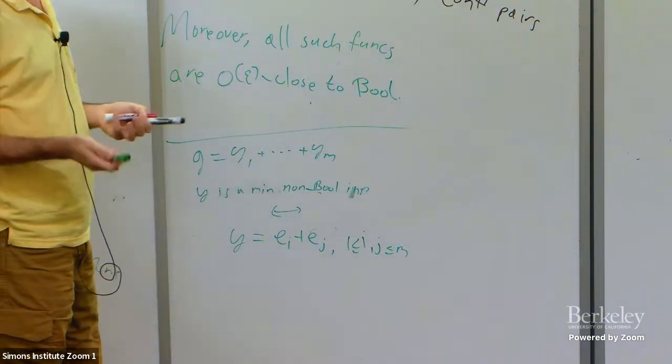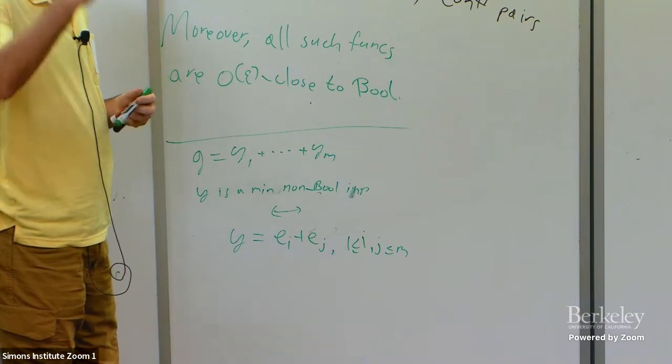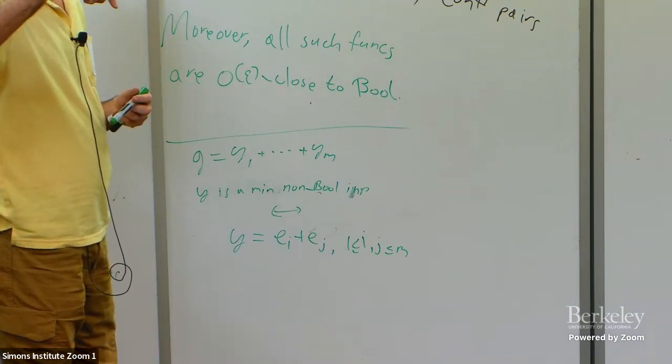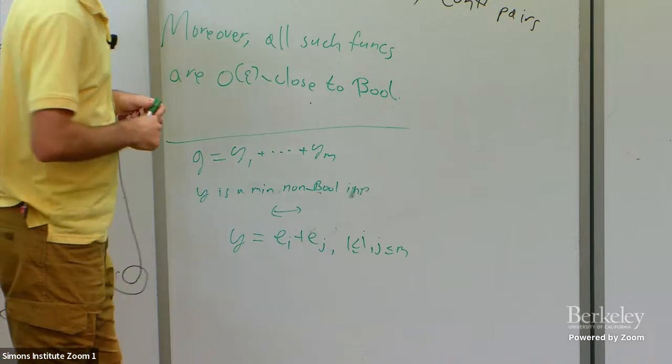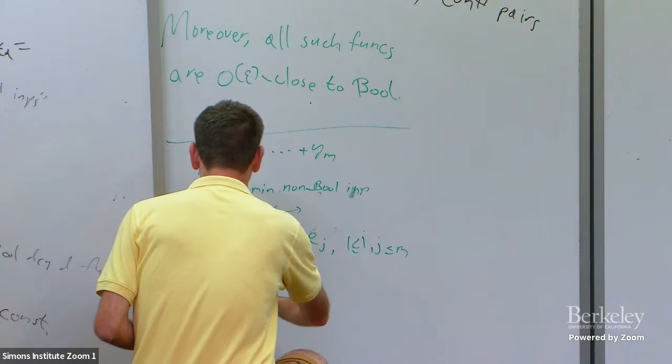So this is an input at which the function is equal to 2. But if you go down, then you get 0 or 1, so it's Boolean. Okay, so how many inputs do we have? The number of these inputs